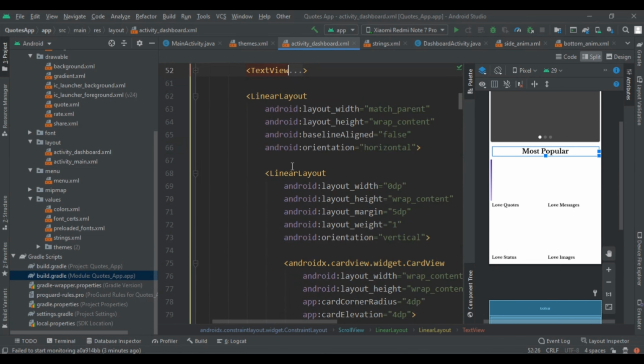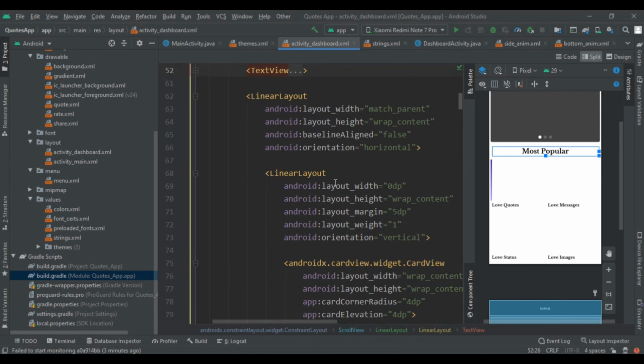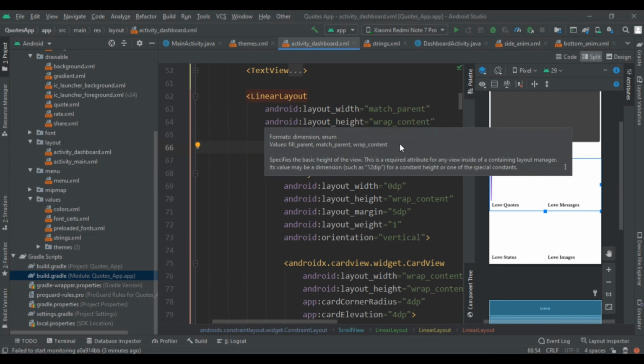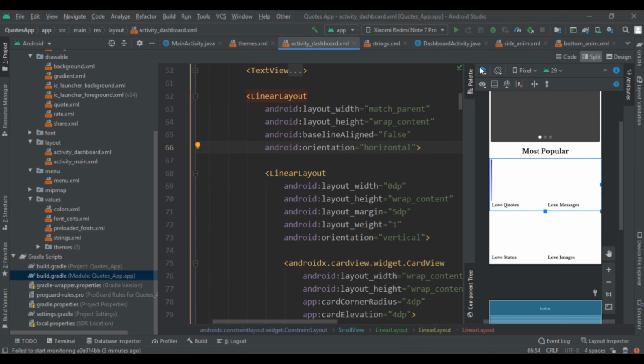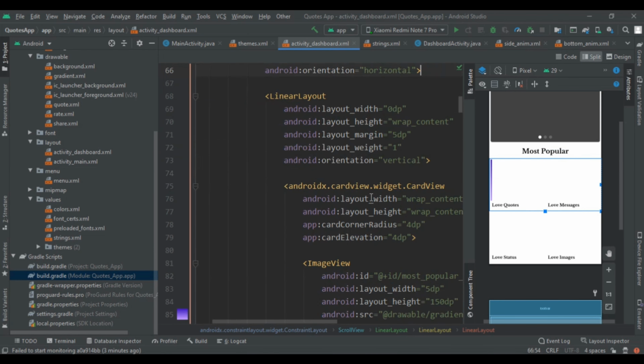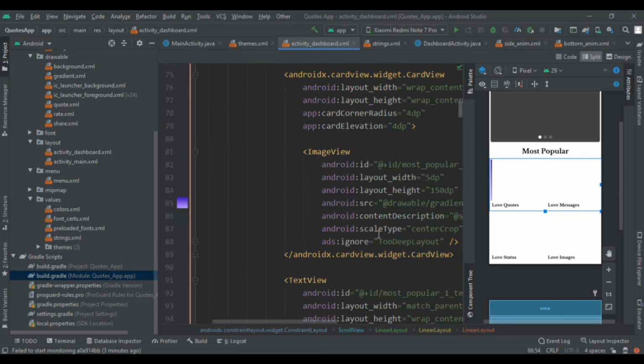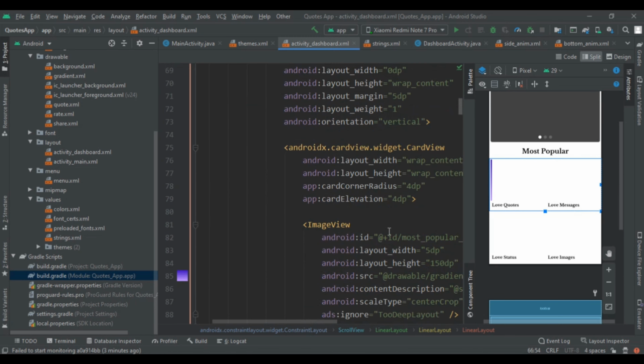Now we made one horizontal linear layout, so you can see that the width is match parent and height is wrap content, and to make this work I set baseline aligned to false. Now we created our horizontal view, but in that we also created two linear layouts to make our code easy.